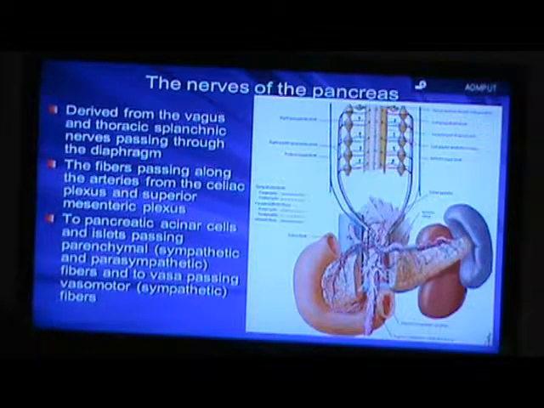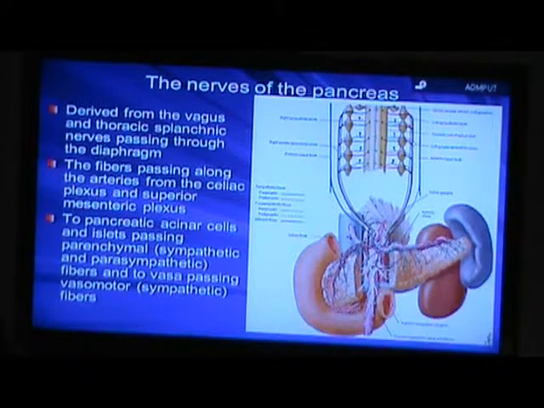To the pancreatic acinar cells and islets, they pass parenchymal, so sympathetic and parasympathetic fibers, and to the vessels they pass vasomotor, so sympathetic fibers, because we need